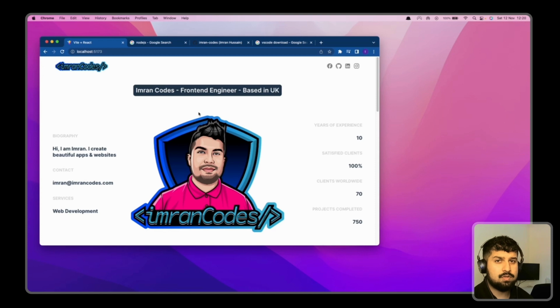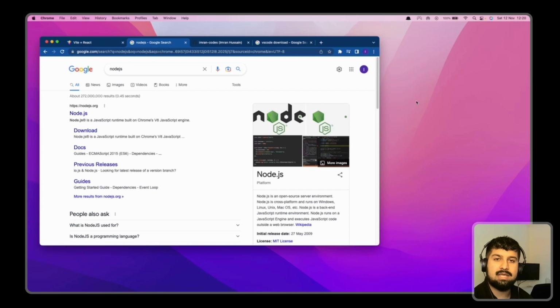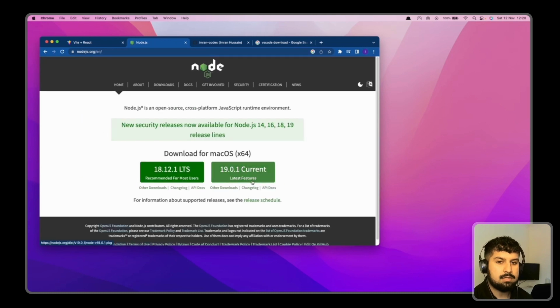Okay, so there are a few things that we need to install on our machine before we start building a React project. So the first thing is we need to have Node.js installed onto our machine. So if you go onto nodejs.org and click on here, you can then download the recommended version for Node.js. So at the minute it is 18.12. So if you just download this and install, I already have this installed on my machine, so I will leave